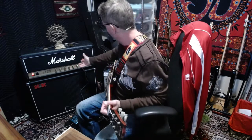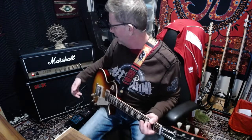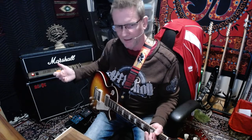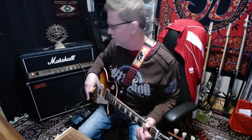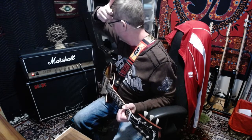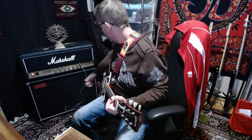If I didn't have the attenuator, yes, I could get clean tones. With the master at like 2 and the preamp gain pretty low it would still be pretty loud, but the amp doesn't come to life. So then it's like, why would you buy it? Compared to the 100-watt Plexis I've owned that are capable of massive, huge, blooming cleans. Yeah, so as you bring the preamp gain up,